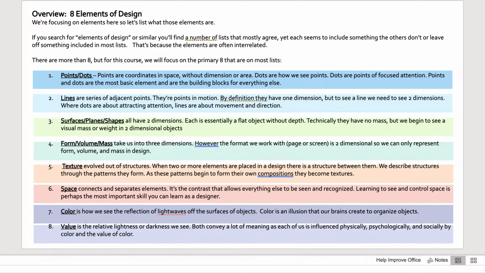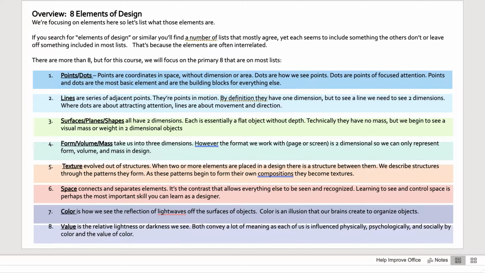Okay, so as an overview, these are the 8 different elements of design that we're going to discuss. There are more. They are called different things. It's not based on science. Now we're starting to get into the more opinion, art side of it. Okay, so we're going to talk about